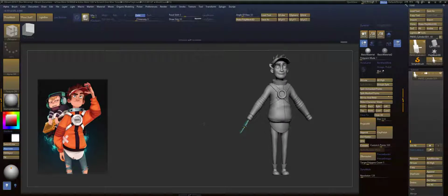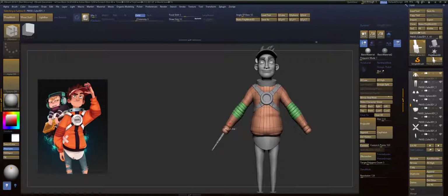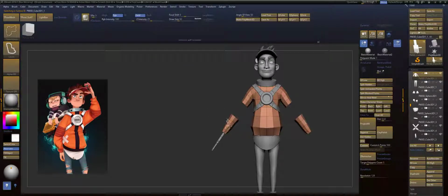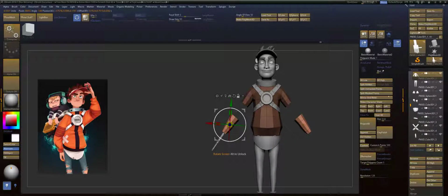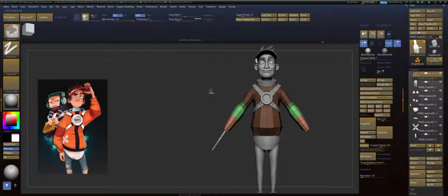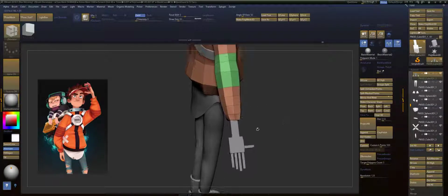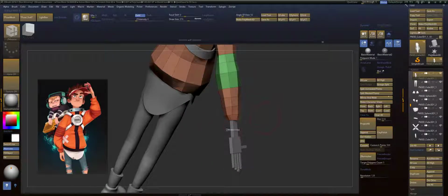And now we can see the arm's a little bit too long, so what I'm going to do is like that. And I'm going to go to the mass point, roughly line it up, and then go to local symmetry over here. Just squeeze it out a little bit. And then that leaves enough room